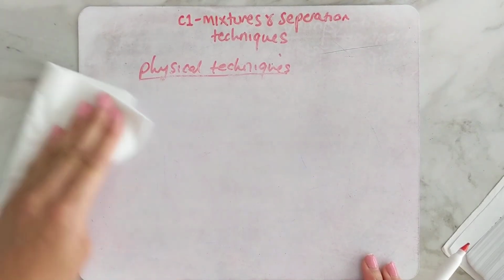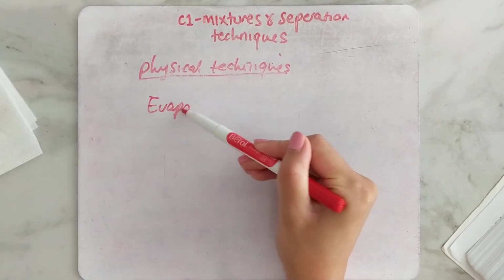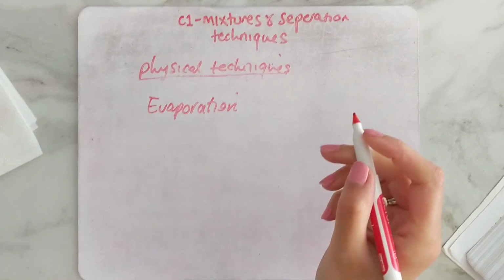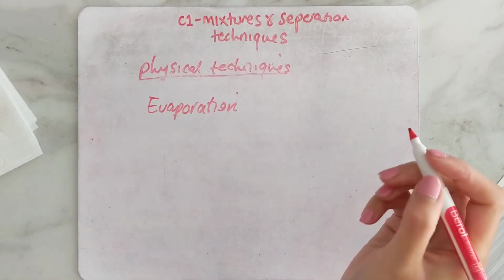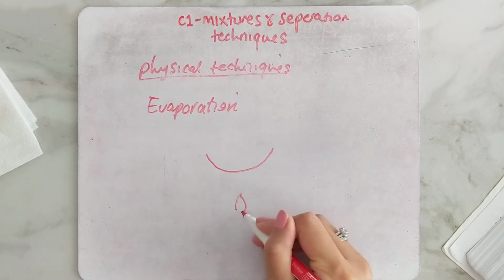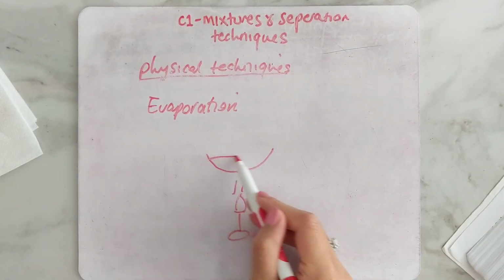Let's do evaporation. So evaporation, let's say we've got salt and water solution. You get an evaporating dish, you've got your Bunsen burner here, you heat up the salty water,